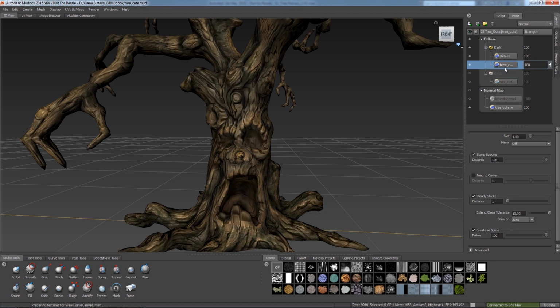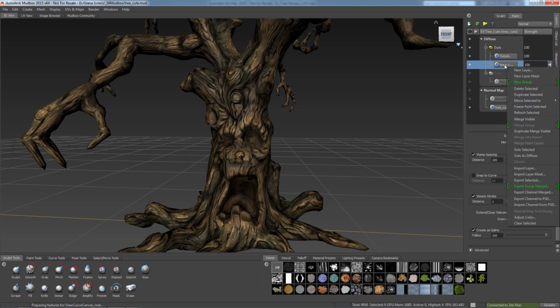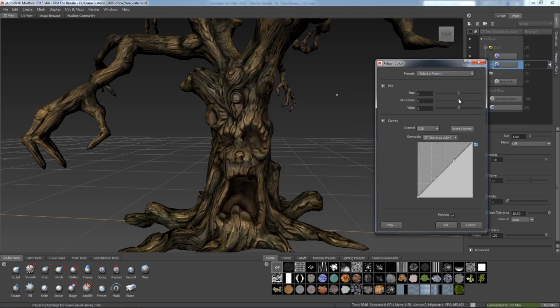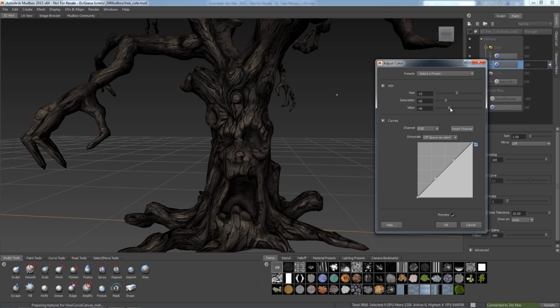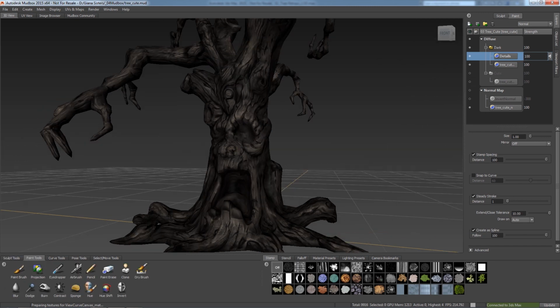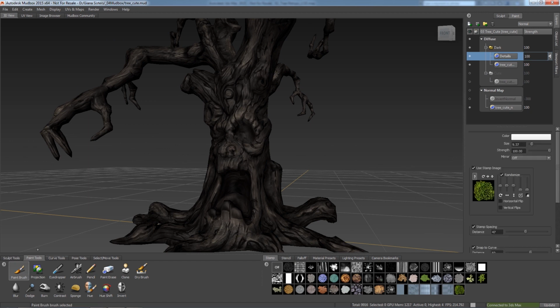I'm just going to create another diffuse texture for that dark version here. I'm quickly adjusting the color, desaturating it a little bit, making it a bit darker, just generating an overall darker look for that version of the tree. And then I'm going to add in additional details. So here we have basic paint tools, 3D paint tools. And this is kind of